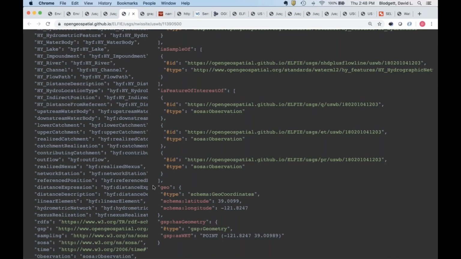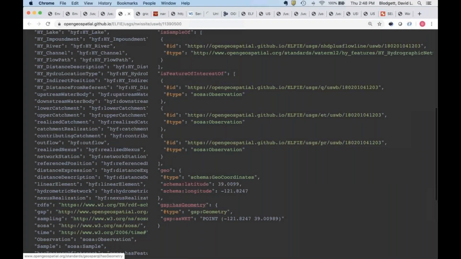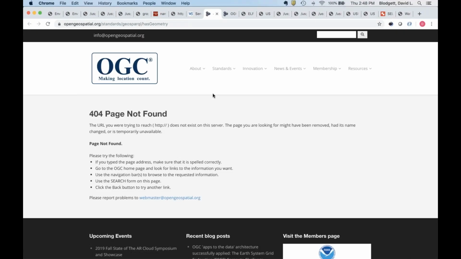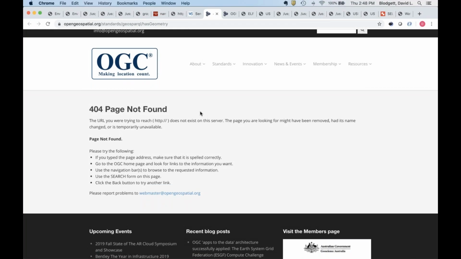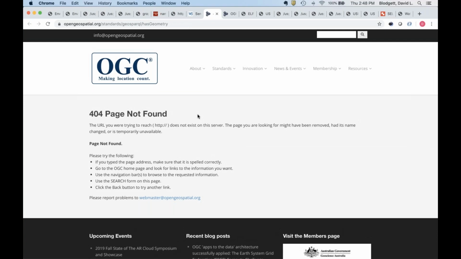And if we go to GeoSPARQL has geometry, we get a 404. We don't have any information about what a GeoSPARQL has geometry association is. And there's a whole bunch of stuff where we don't even have the ontology to build this around, and we're just making things up for the sake of experimentation.